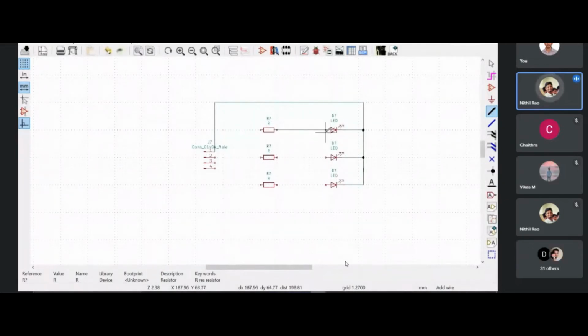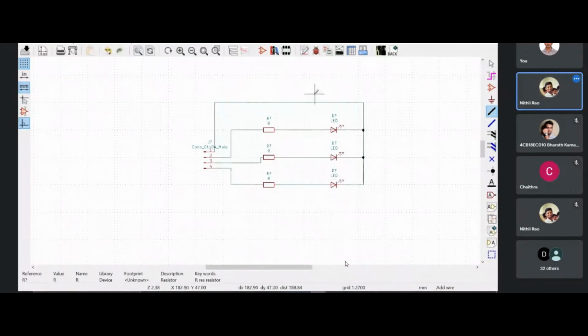And connect all the diodes and resistors. And then give the first resistor to pin number 2, the second resistor to pin number 3, and the fourth one to pin number 4. It's not pretty neat, but no problem, it's just for your understanding.